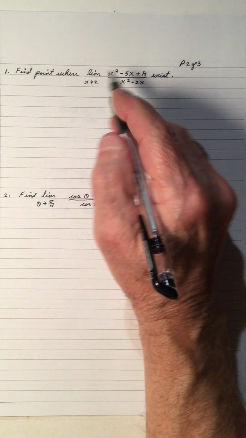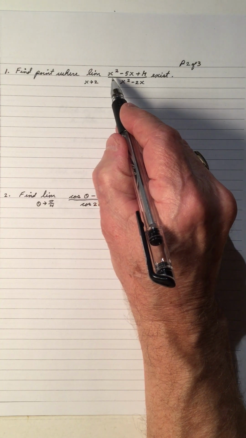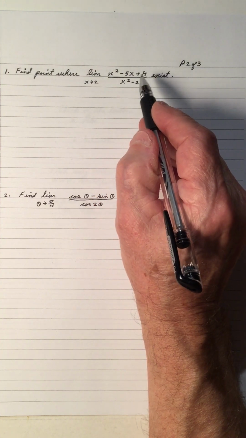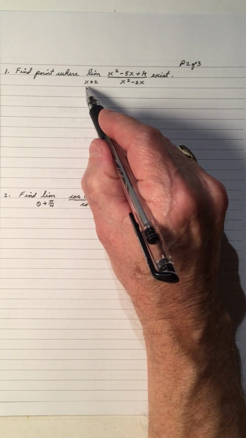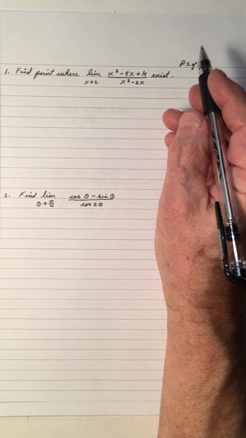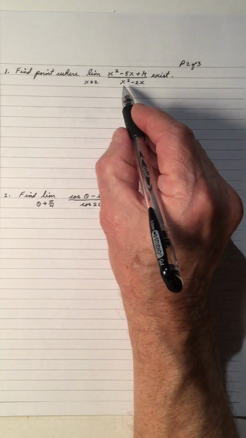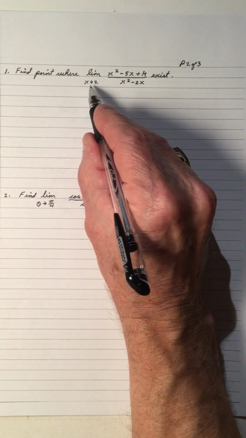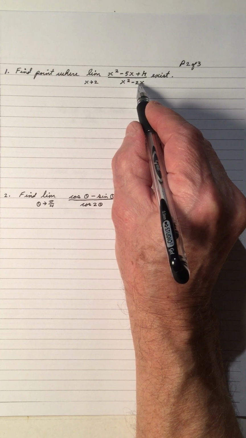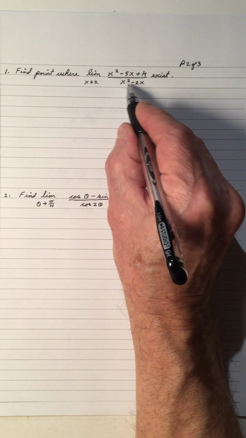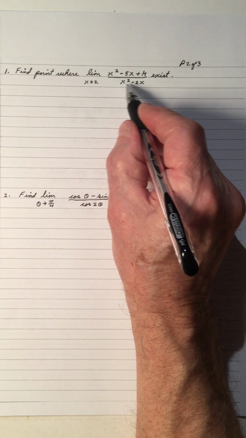So the first problem is find a point where the limit of x squared minus 5x plus k over x squared minus 2x exists when the limit goes to 2. So if the limit goes to 2, I put 2 right here and I get 4. Put a 2 here and I get minus 4. 4 minus 4 is 0. So I have a 0 in the denominator. In order for this to exist, I have to